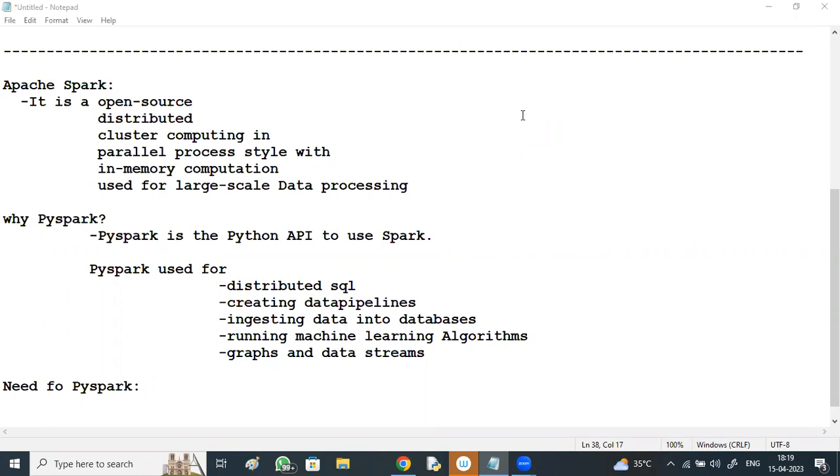So PySpark is such a tool, where we can have quick processing. The combination of Python and Spark would be a very efficient way for the world of big data. That's why the Apache Spark community came up with a tool called PySpark. It is nothing but a Python API for using Spark.